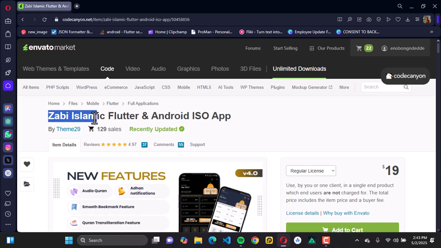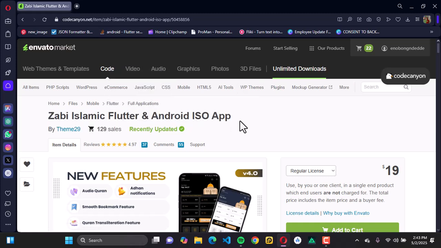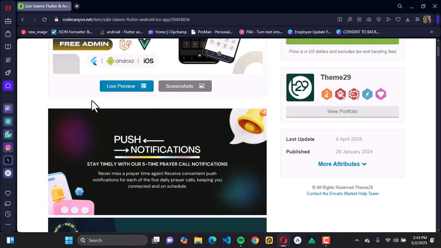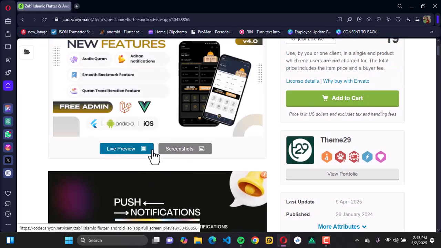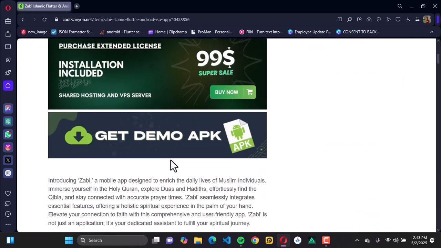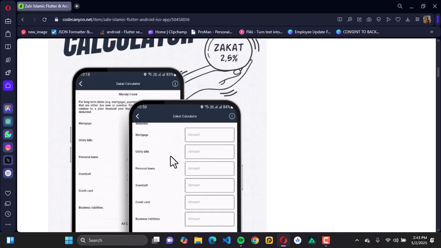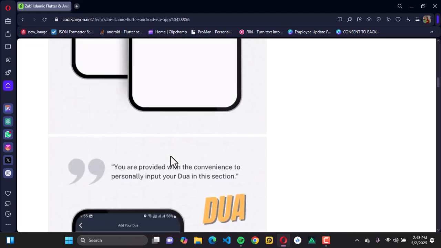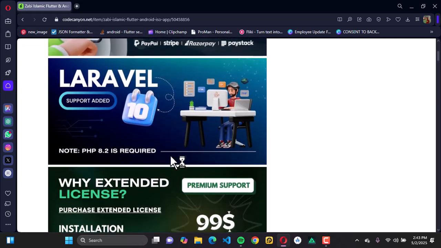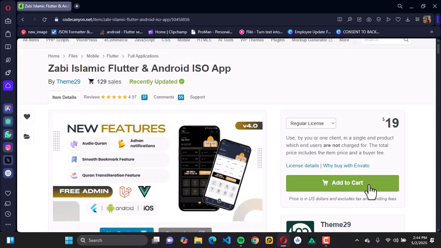This is a Zabi Islamic Flutter Android iOS application. The first thing we have to do is you can probably look at the preview live video of this application, as well as the screenshot, and do well to go through the documentation of this application in order to understand the features and all things that are inside this application. And once you're done with that, you could directly use this button that is going to ask you